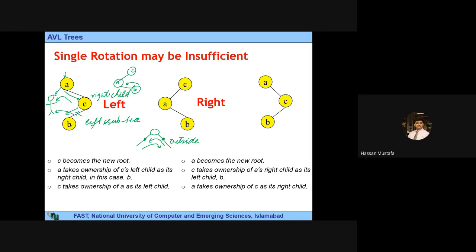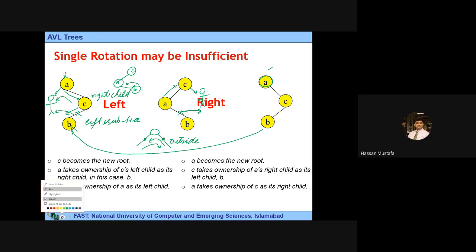Now we see that this C is left heavy. What we do is we place this Mr. R here and ask it to pull this downwards. C would come on this position, this A would go upward, and this B would detach itself and connect its connection on this side. So the shape would be this one. A becomes the root node, it moved up and became the root node. C became the right child, and this B moved its connection from the left subtree towards the right subtree. So this is the shape, and you see this is the same shape that we had before any rotation,